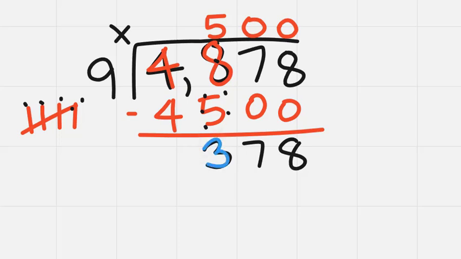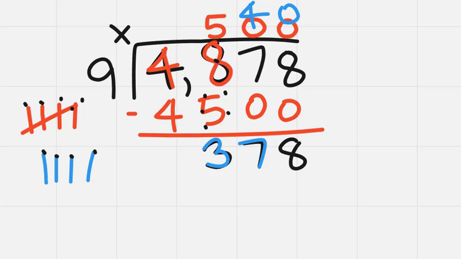We'll look at the 3, which is less than 9, so we need to look at the number next door, which is 7. We're going to count by 9 to get as close as we can to 37 without going over. Let's count. 9, 18, 27, 36, 45. That's too high, so we're going to stop at 36. Let's count how many 9s. 1, 2, 3, 4. We'll put the 4 straight up above with a 0 as a placeholder, and then we'll